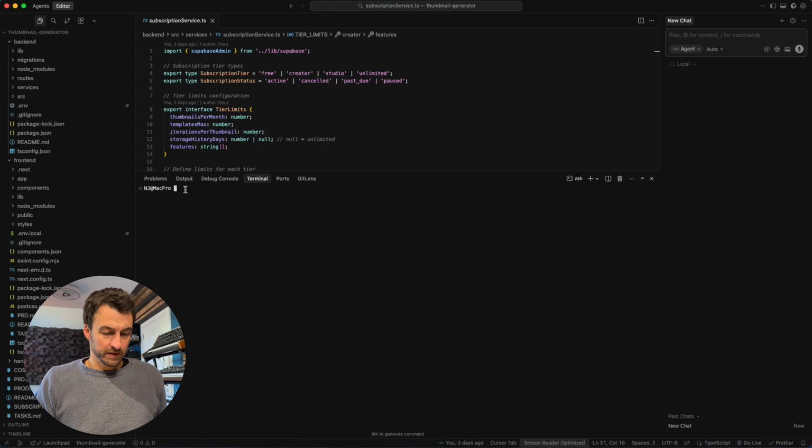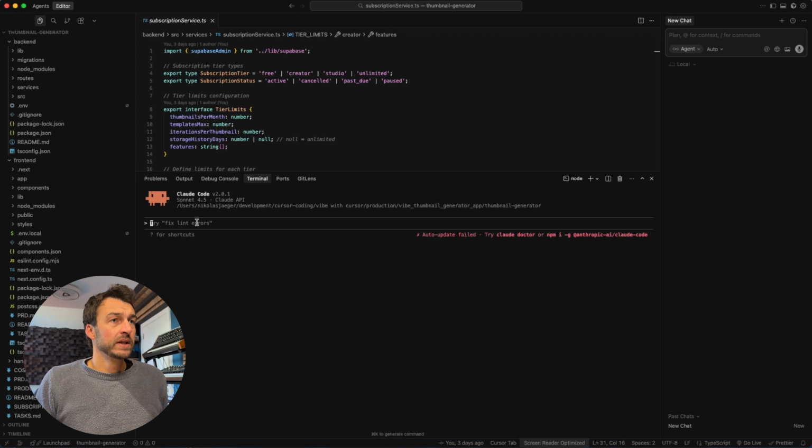Back into Cursor, we're gonna start Claude. So today we're gonna implement Stripe. I have already created an account, and I've created the respective creator plan and studio plan in the Stripe dashboard. I will in the following share with you the product IDs and API keys. I think the first step is what you need to do is install the Stripe CLI package and create respective